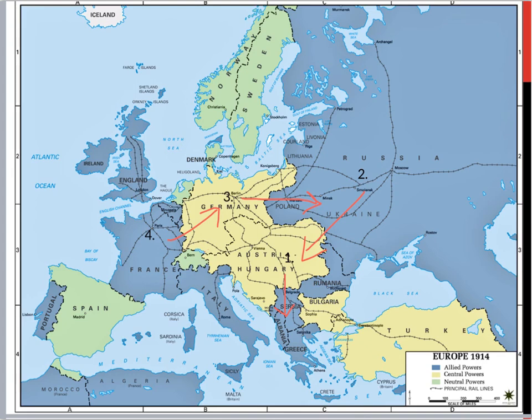Germany is part of the Triple Alliance, declares war on Russia. Italy drops out of the Triple Alliance. France declares war on Germany. So now you'll notice Germany has a bit of a problem, right? They are now fighting a war on two fronts, okay? And that's the problem that we'll look at next, is that the German high command realizes